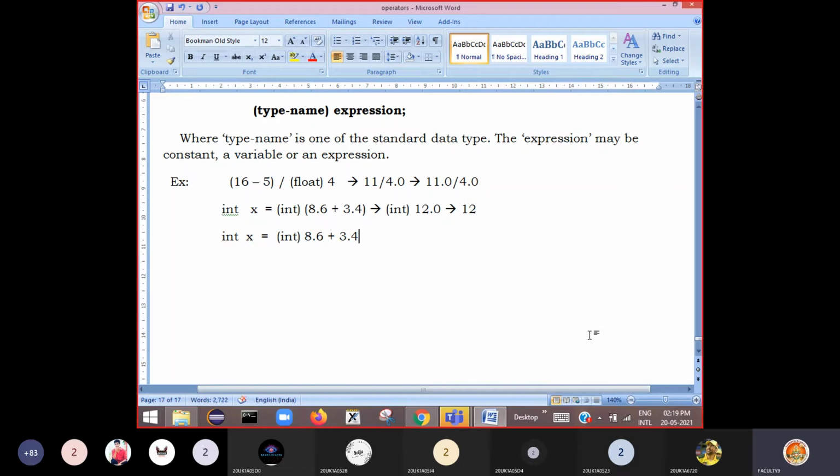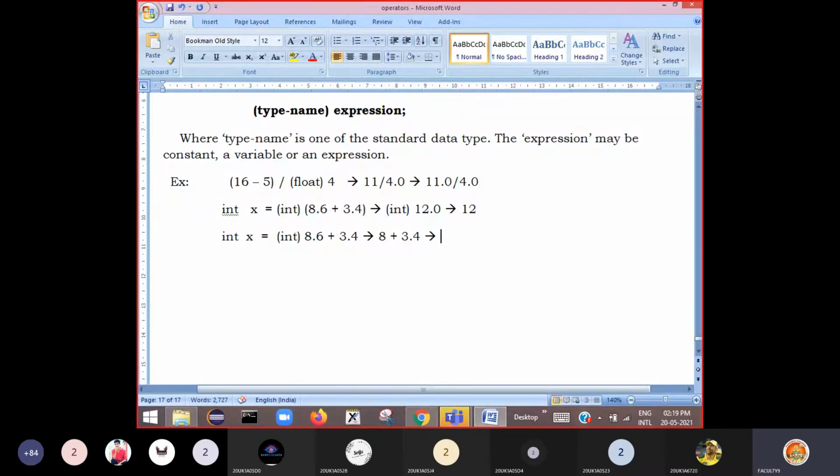In this case, the result of this expression will be, now see, int of 8.6 will become 8, plus then this is 3.4. When one is floating point type and one is integer type, the integer will be upgraded to float automatically by the compiler.